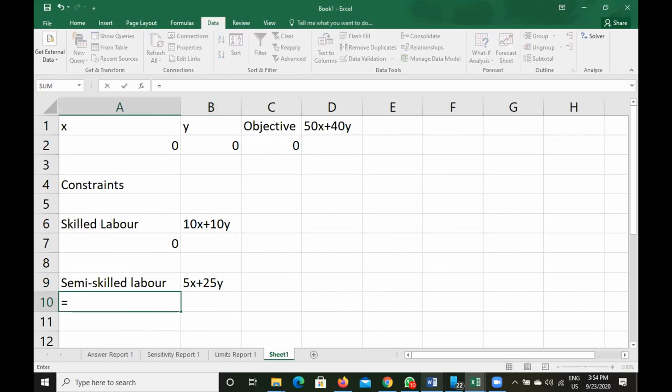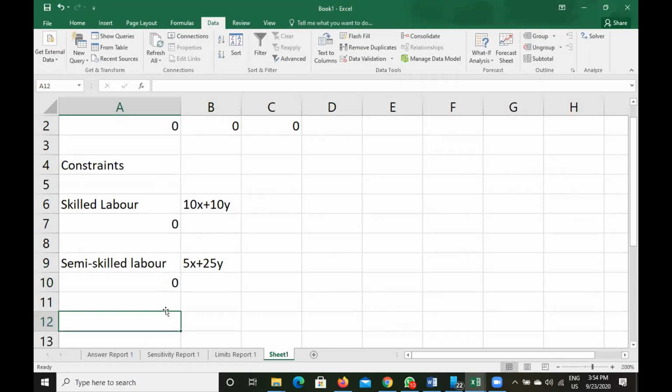So let me write the formula: 5 multiplied by x plus 25 multiplied by y. So this is the cell. So 5x plus 25y. We will press enter.